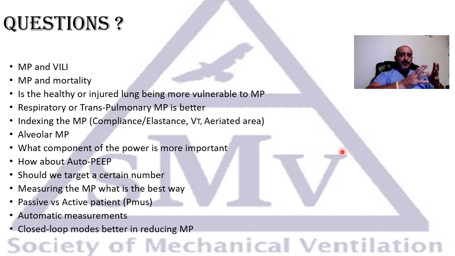Probably not. Maybe we should index or correct the mechanical power to either the compliance or the elastance. Some people said maybe to the tidal volume. Some other people suggested to the aerated area of the lungs, whether by CT scan or EIT. So this is a very interesting concept that we worked on in bench studies, but it needs to be